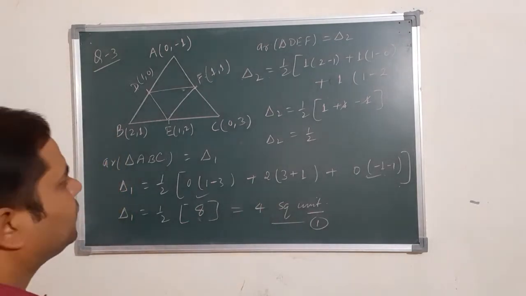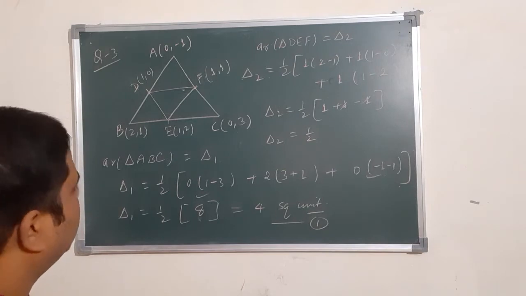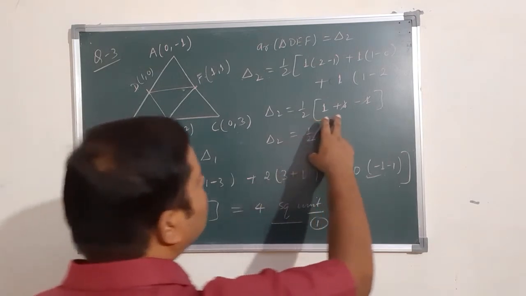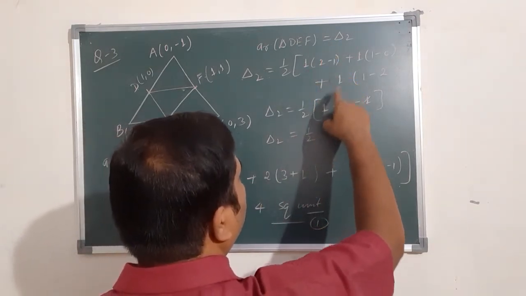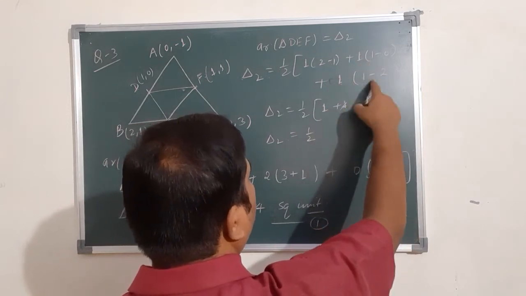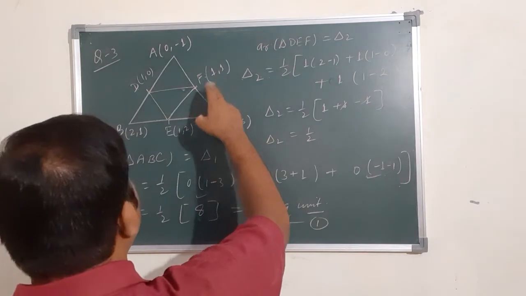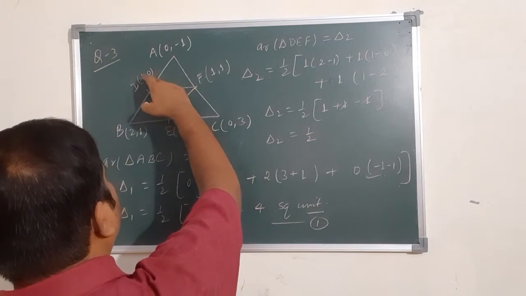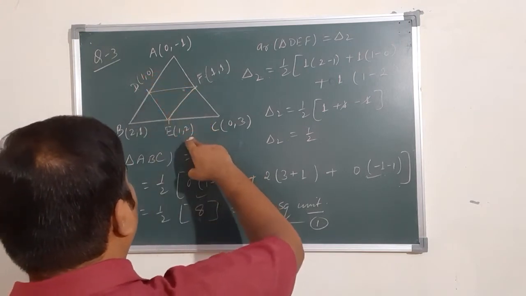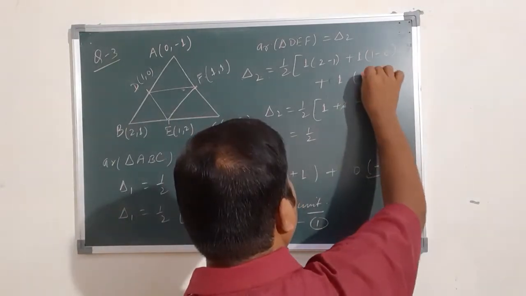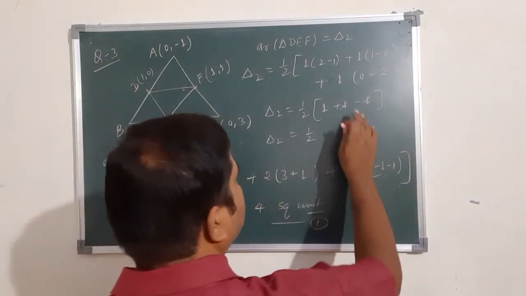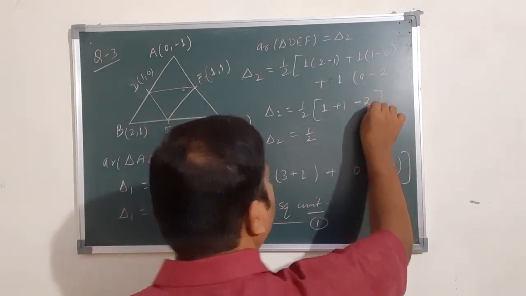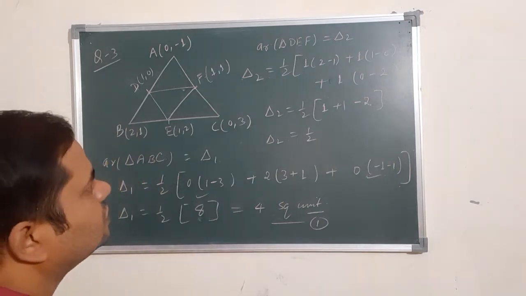Okay, so the whole area is 1 by 2 times 4 square units, this is no problem, 3 1s are 4. And this is x1 minus x2, 1 minus 1, 1 minus 0, and y3 minus y1 minus y2, where y1 is 0 and y2 is minus 2, so 0 minus 2, and this is 1 plus 1 minus 2. So this is also wrong.